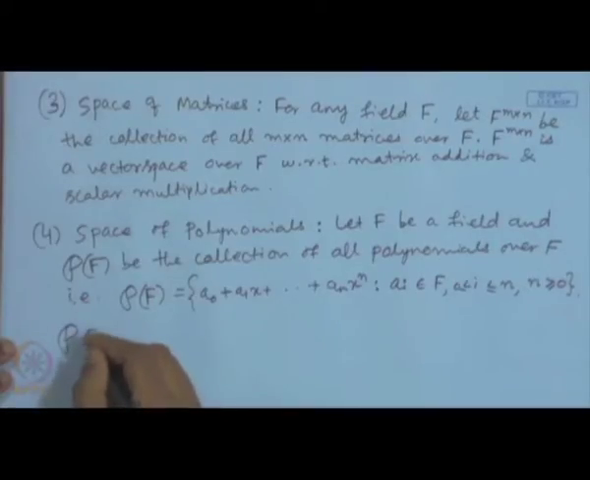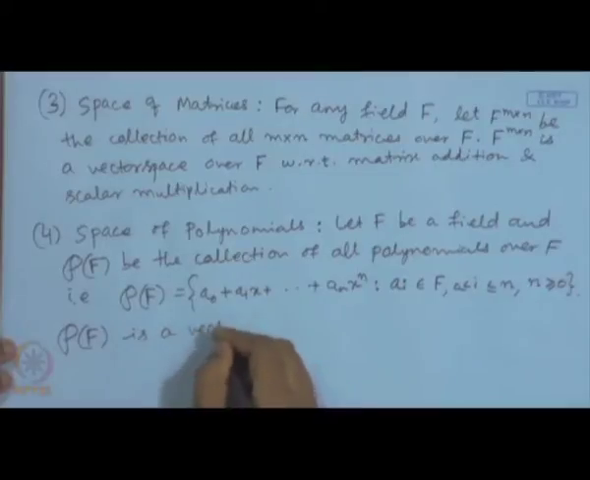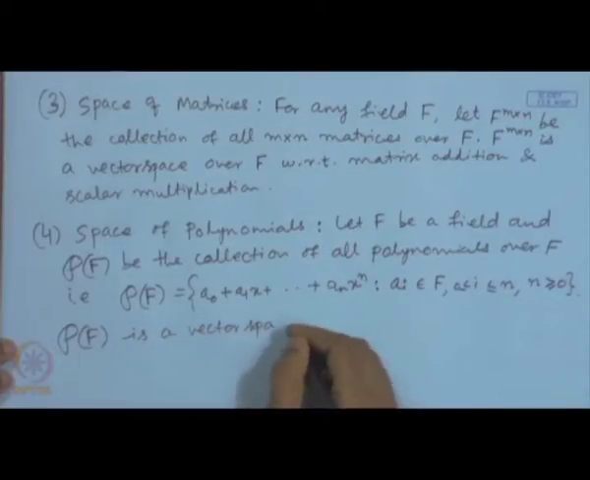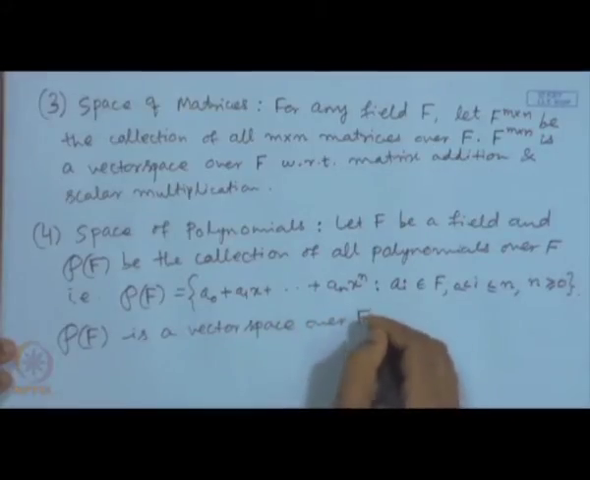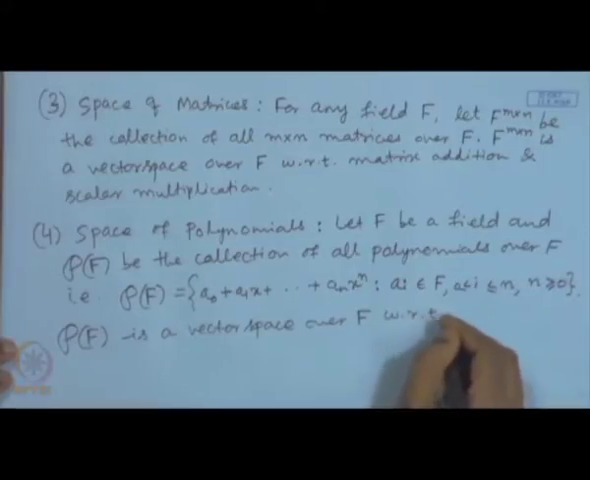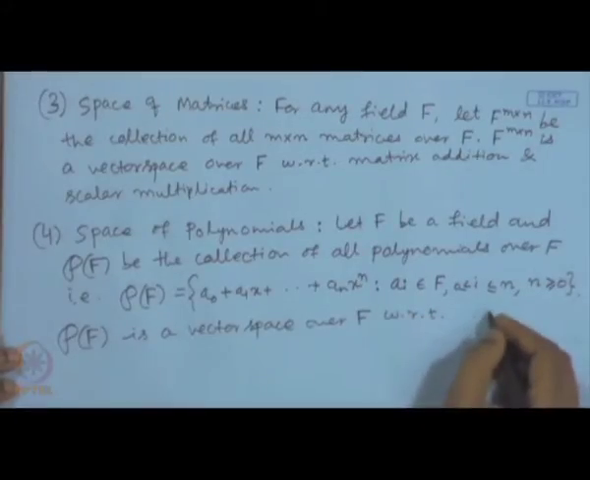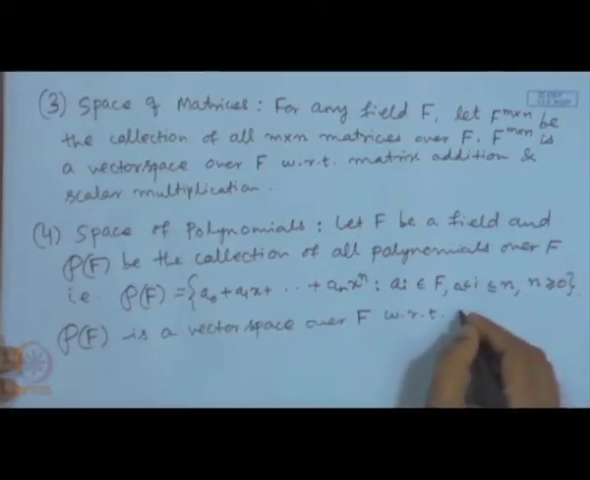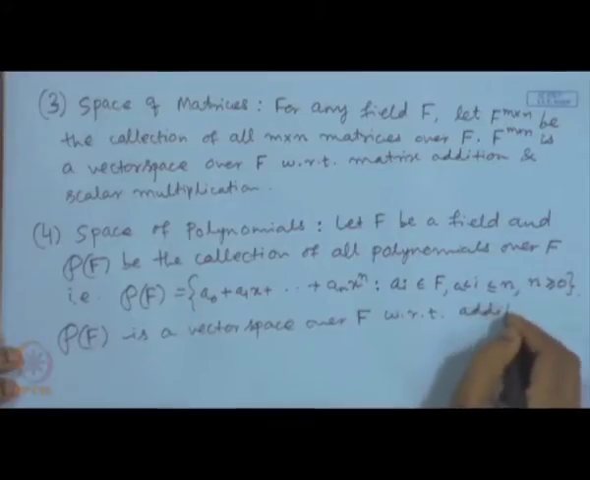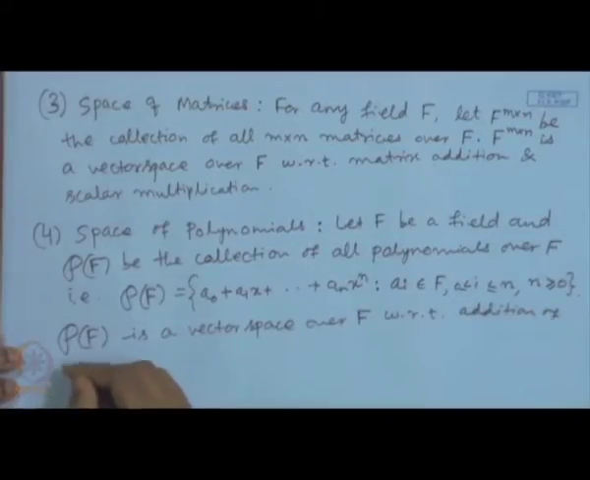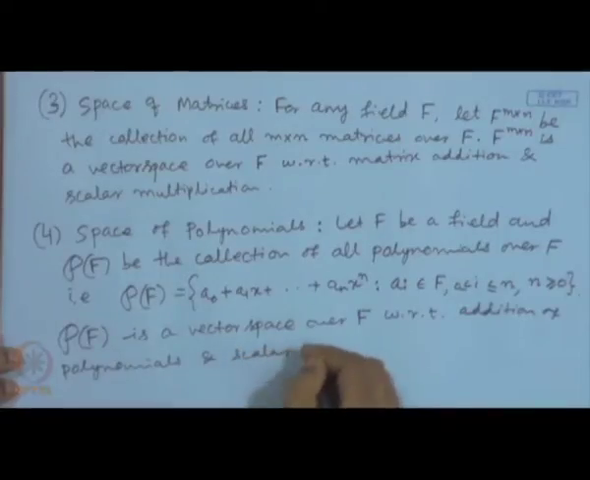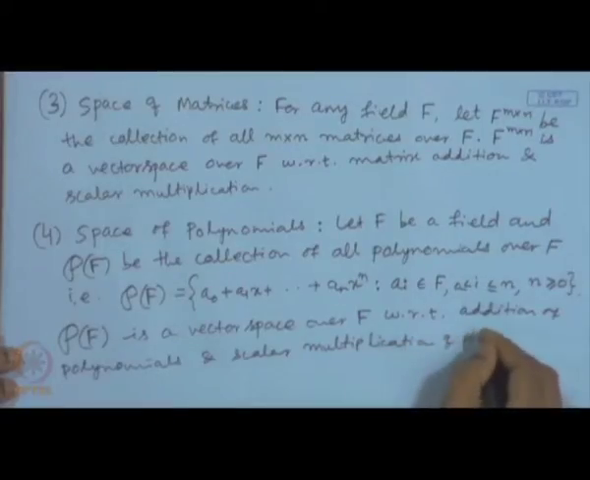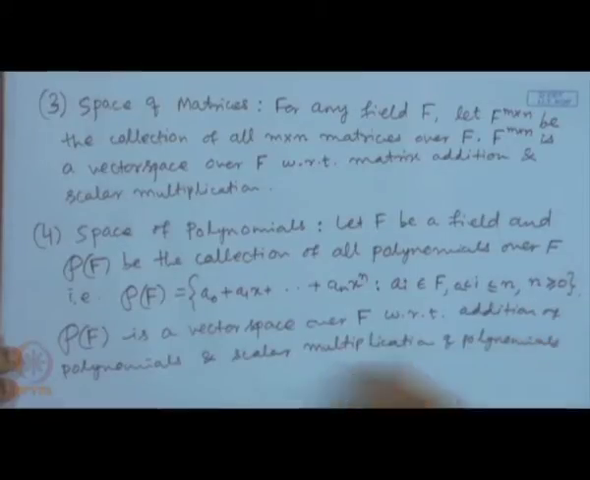P F, the collection of all these polynomials over this field F, is a vector space over this field F with respect to addition of polynomials and scalar multiplication of polynomials,